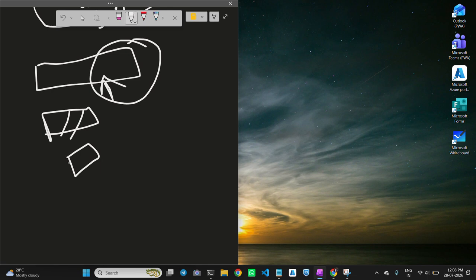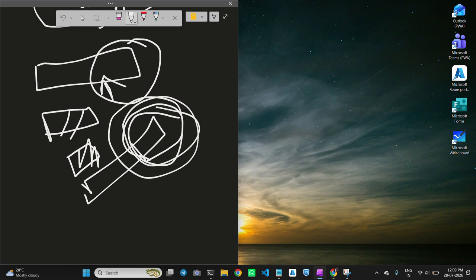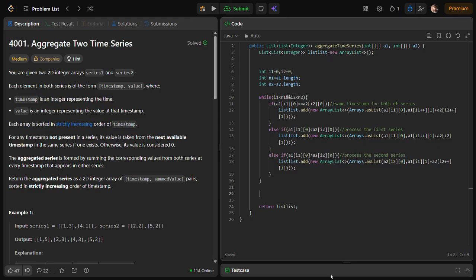The first one is like this and the other one is like this, and you have done the processing of the first array and the second array is left somewhere, so you need to process this part of the array as well. So here i1 less than n1, this is the remaining fraction of the first array, first series you can say.